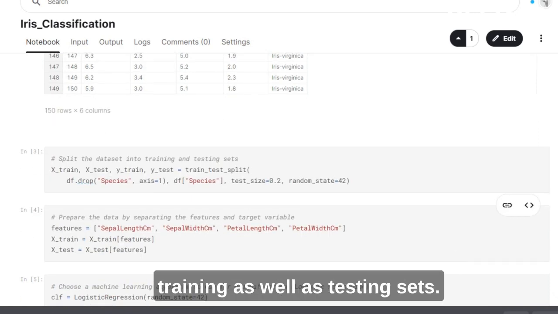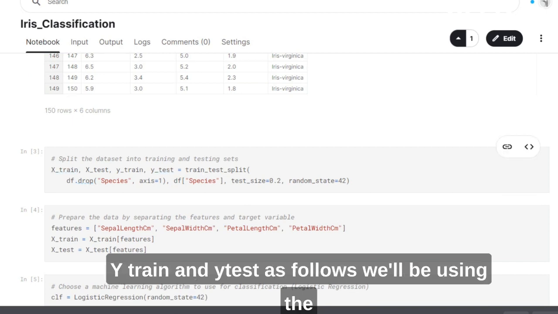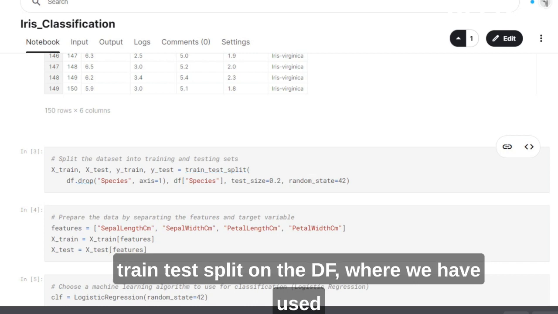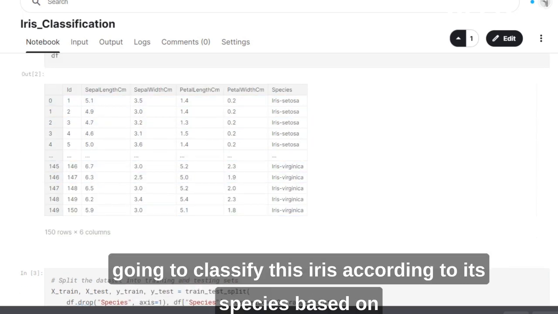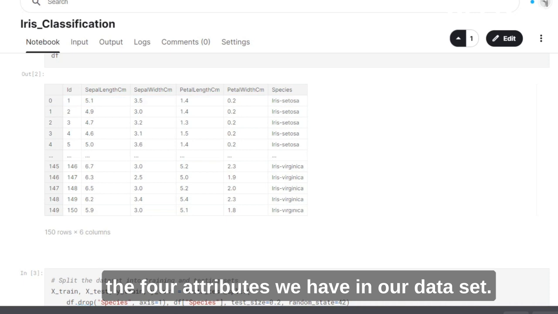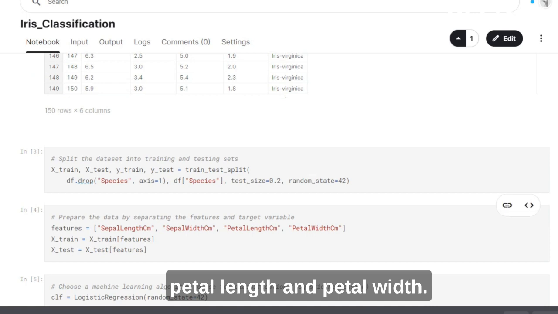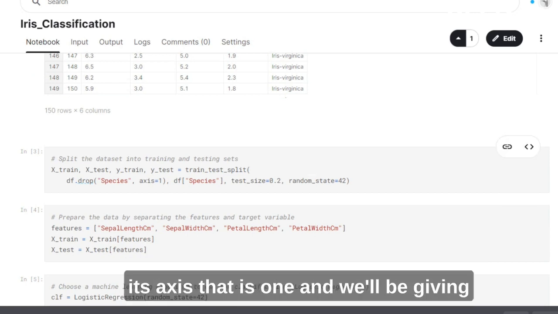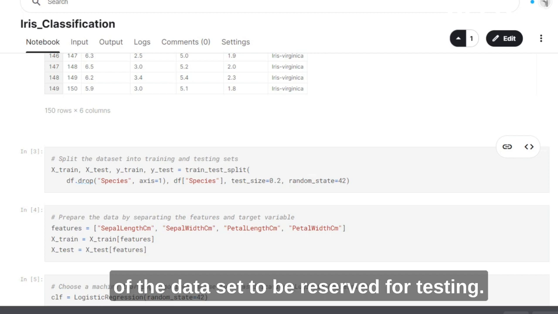Then we split the dataset into training as well as testing sets. For that, we'll be defining xtrain, xtest, ytrain, and ytest as follows. We'll be using the train test split on the DF, where we have used the drop function, as we don't want the species column to be used in the training and testing, as we are going to classify this iris according to its species based on the 4 attributes we have in our dataset, that is sepal length, sepal width, petal length, and petal width. So we'll be dropping the column species by specifying its axis, that is 1,